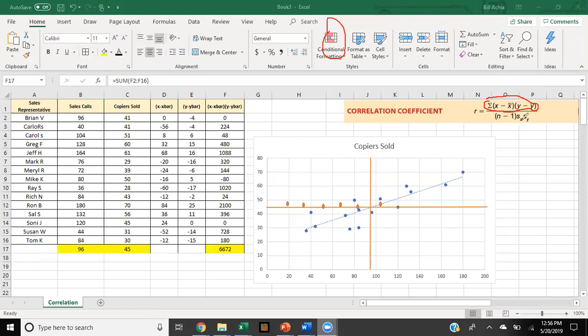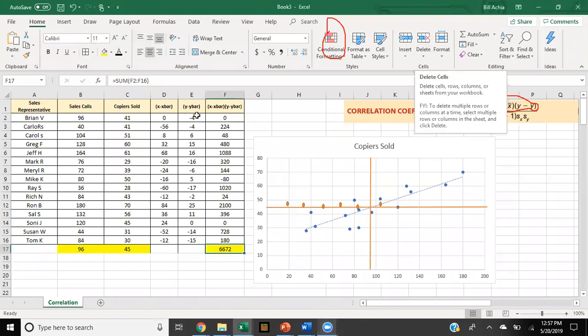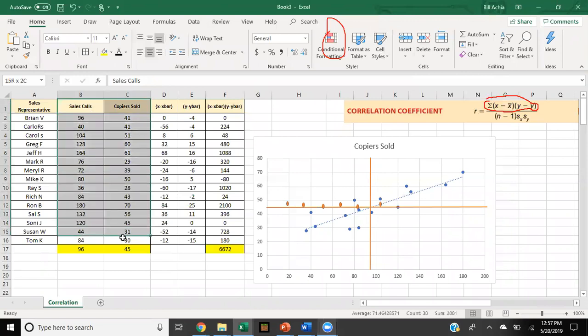To that, I'm going to have to figure out the standard deviation for our x variable multiplied by the standard deviation of our y variable, and then multiply all that by the sample size minus 1. Okay, so let's start. How do we calculate the standard deviation of columns B and C? Well, we're in Excel, so I'd like you to be comfortable using the functions that you're going to have in Excel. So let's highlight these two columns here, and let's go into data